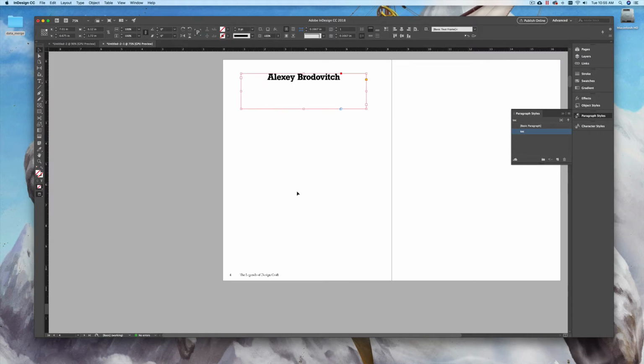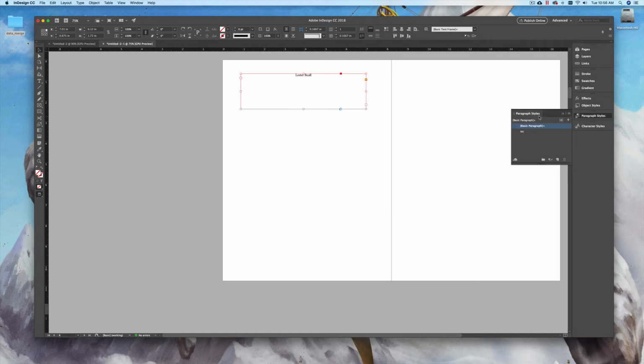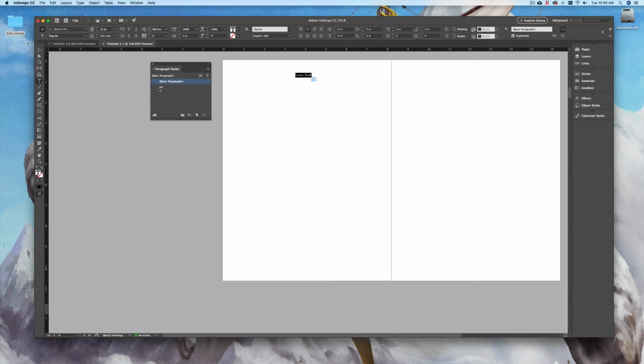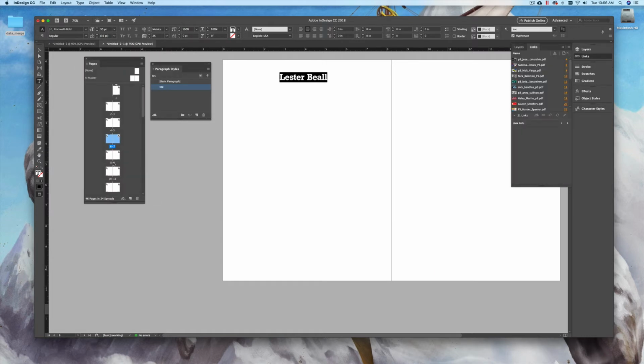So what I'm going to do is go to my Pages panel here, and I'm just going to jump down a page at a time. And we just open up my paragraph styles. I'm going to drag this out over here so I have quick access to it. Select the type, change the style. Let's also do that for the Pages panel. I'm just going to move that over here temporarily. So on page 8, page 10,